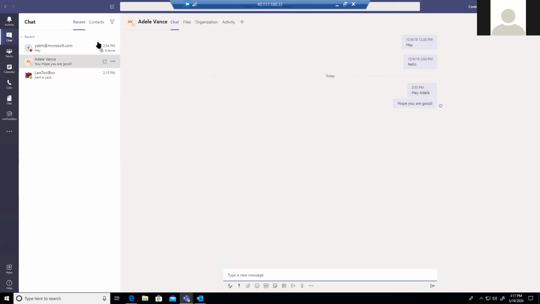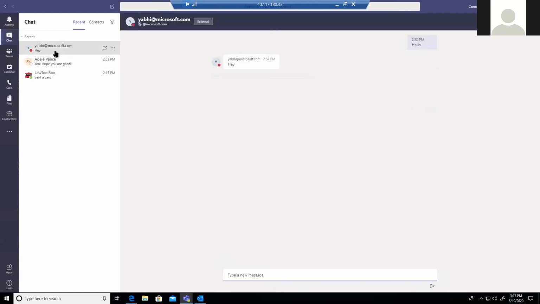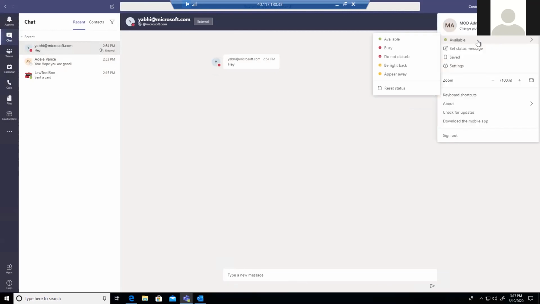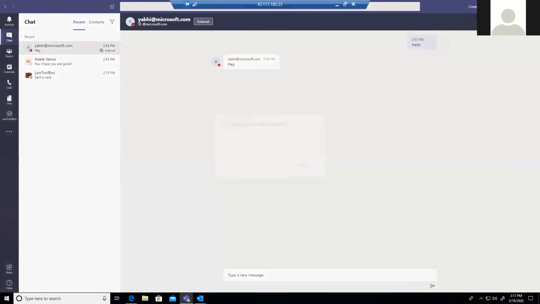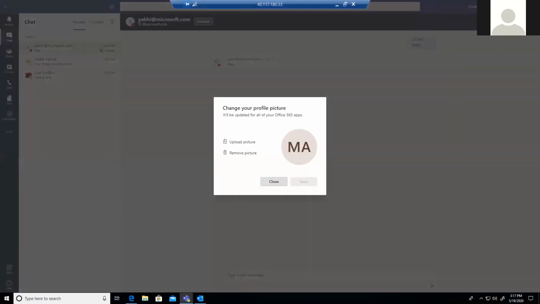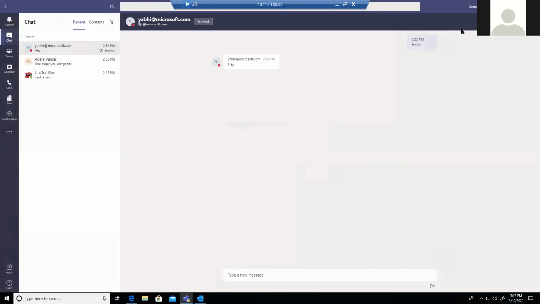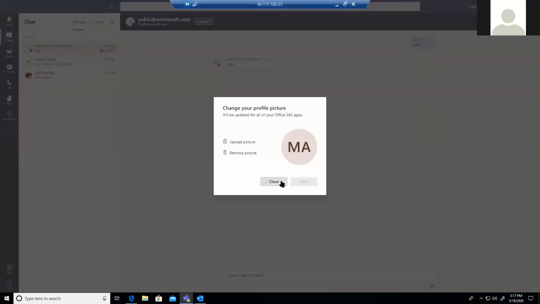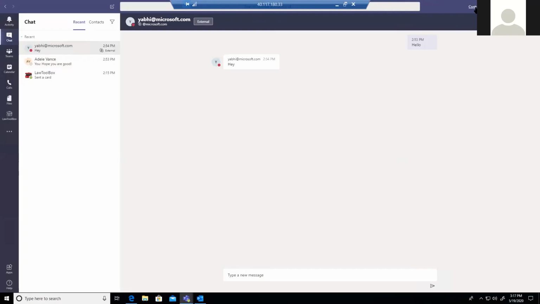Now, once you have this, the first page you have is the chat. When we do chat, it's not only within the organization, it's also outside the organization, as I said. This one is not in this organization. If I just show you, this is my demo tenant, and the email address of this particular user is a Contours organization basically. It's not a Microsoft tenant user.